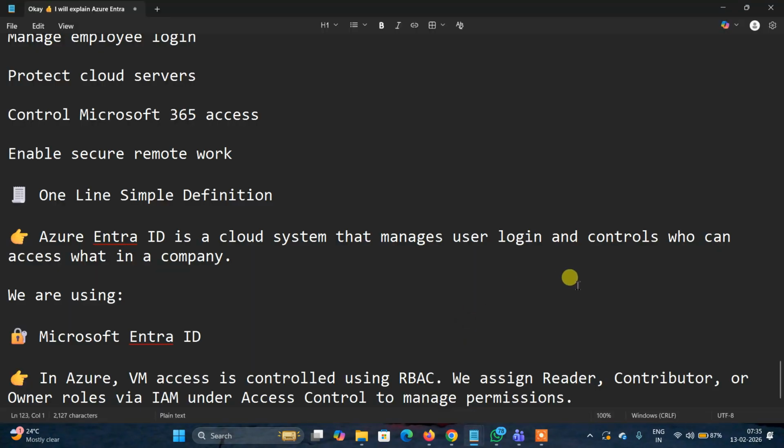Now the next thing, how will you give the permission? Just now we discussed that. How will you give the permission? For giving the permission, we use role-based access control, RBAC. In Azure, a VM can be access controlled using RBAC. RBAC is known as role-based access control. By using role-based access control, we can give different permissions according to your requirement. We assign reader permission, we assign contributor permission or owner roles